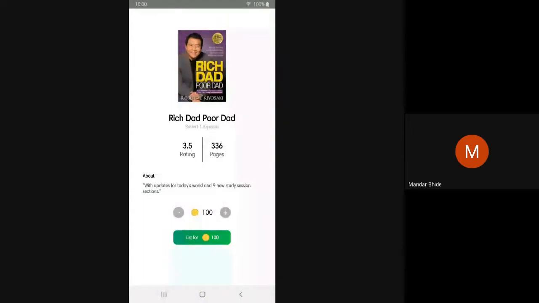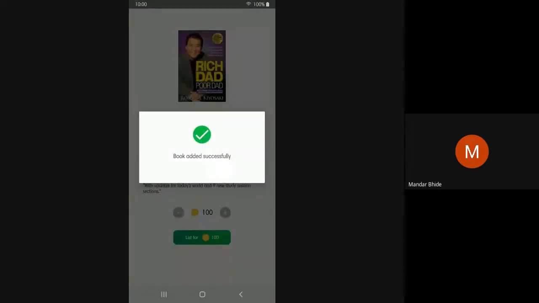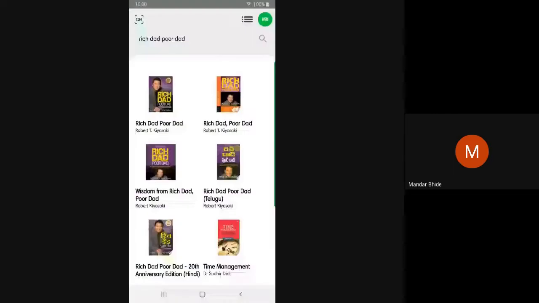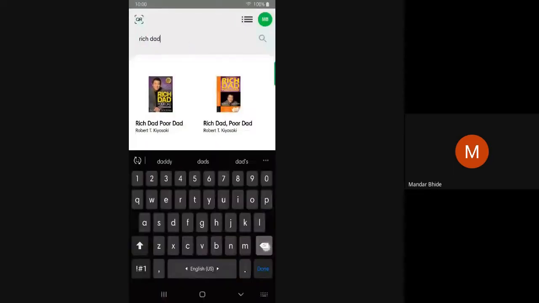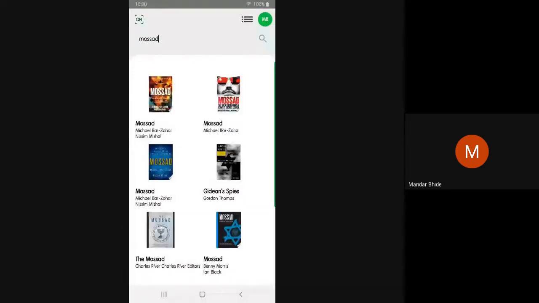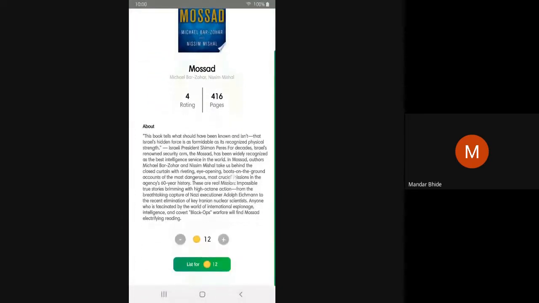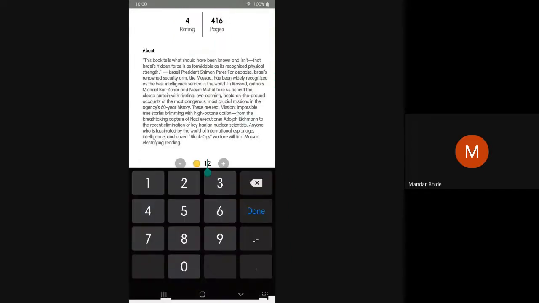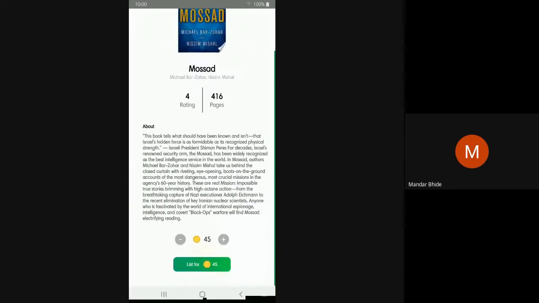And then we can just list that book. Let's just add another book over here. Let's say Mossad. Okay, so there is information about this book. Let's set some price like 45.